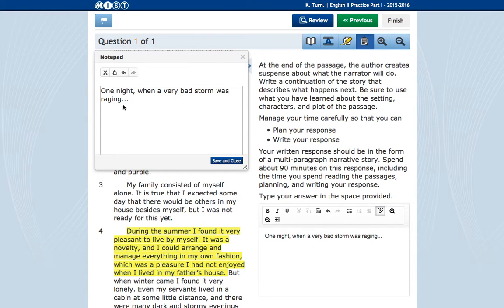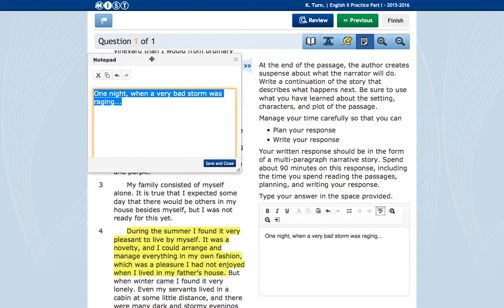Right. Some other things you could do with your notepad if you wanted to make notes as far as your thesis statement, your claim statement, or figuring out the prompt. If you want to break down your prompt, right, you could do that as well. So one thing I know I've taught some of my students to do, use the highlighter. Let's highlight the big do words, right? The to-do words, things you're going to do, right? So one thing I see is we're going to write, you're going to describe, you're going to use,